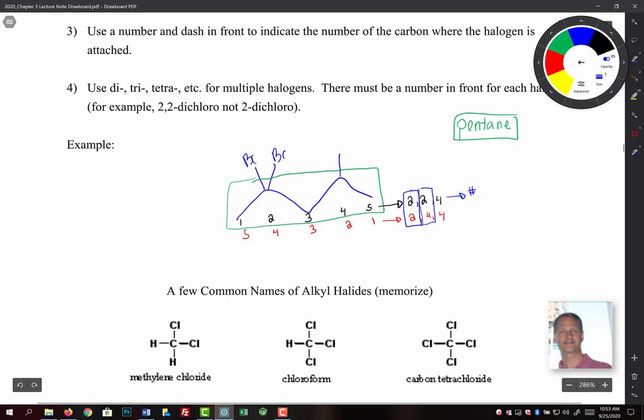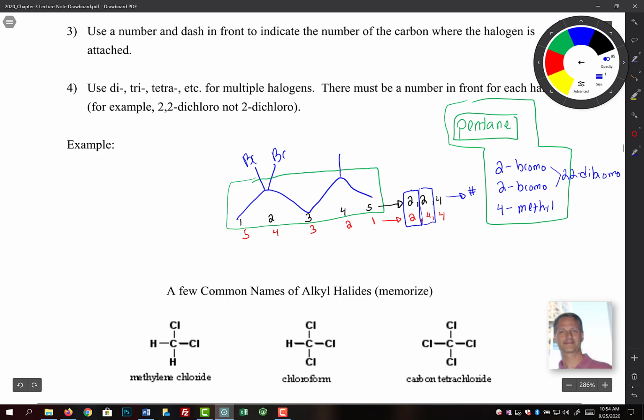So now that we've established that, let's figure out what we have. We have a 2 bromo, and then there's another 2 there, another 2 bromo, and then a 4 methyl. So this is all the parts that we have. Now we simply need to put this together. Now the 2 and the 2 combine to be a 2,2